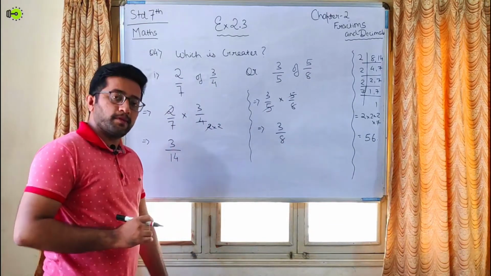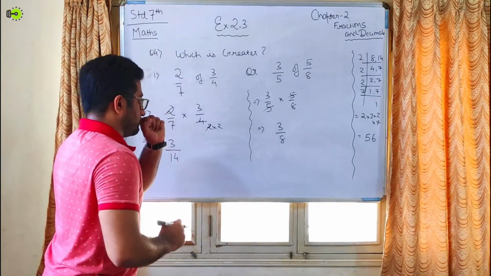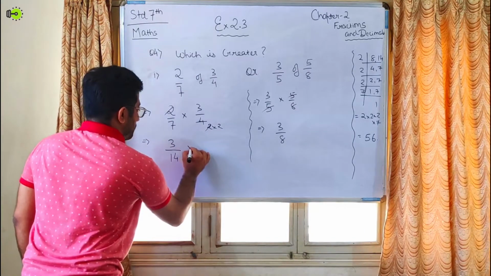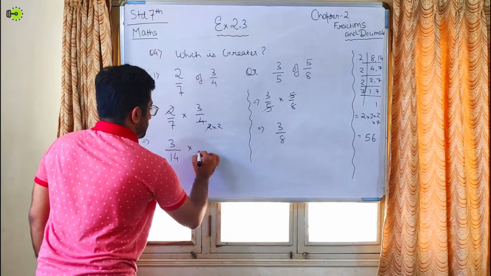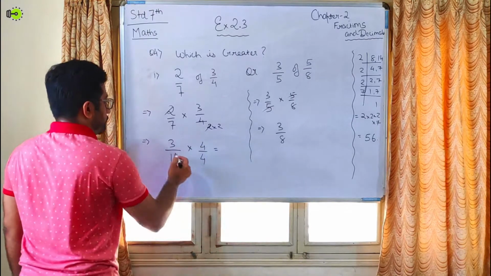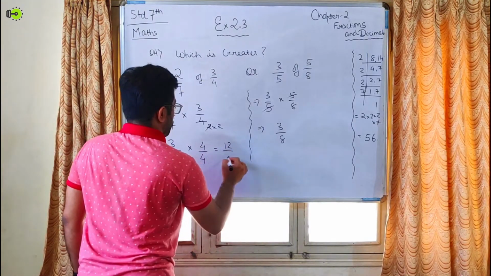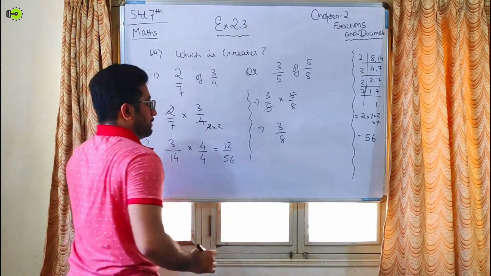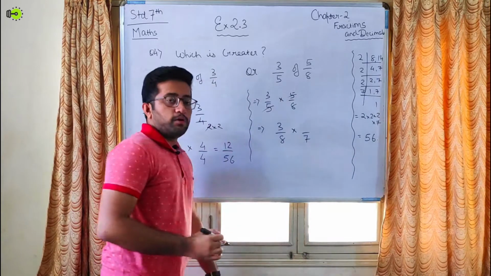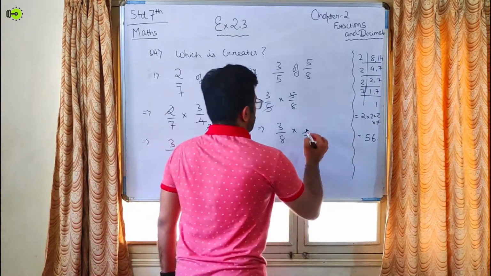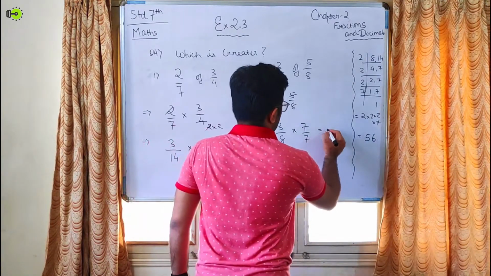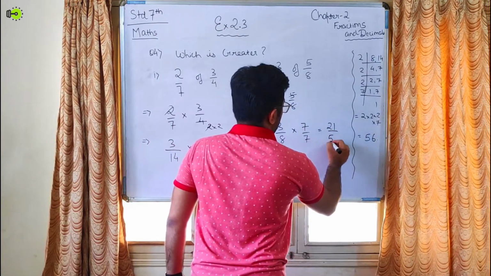So now let us do the same. So calculating the LCM, 14 into 4 is 56. Similarly we'll multiply the same on the numerator side. So 4 3s are 12 and 14 into 4 is 56. Similarly, we will take the LCM here, that is 8 7s are 56, and whatever number we divide in the denominator, the same number is to be multiplied in the numerator. So 7 3s are 21 and 8 7s are 56.